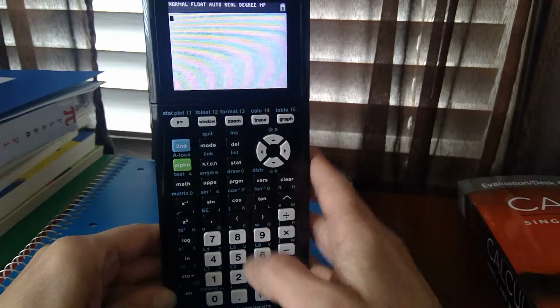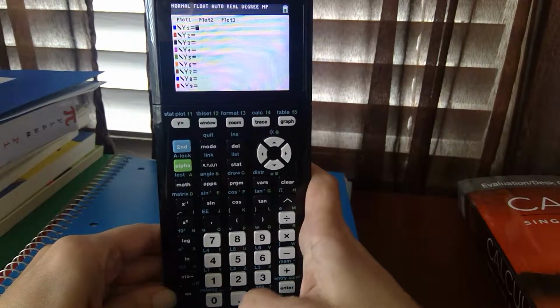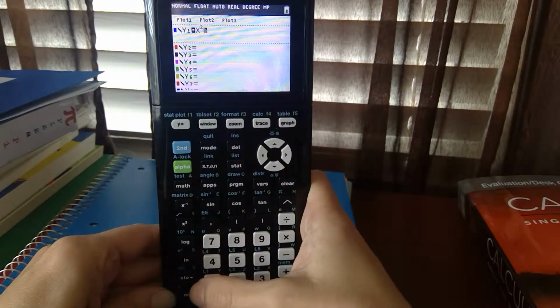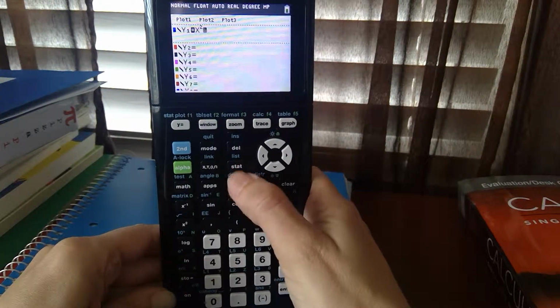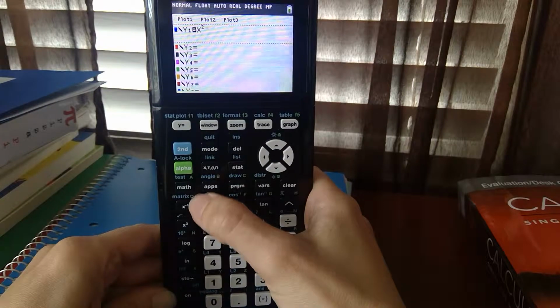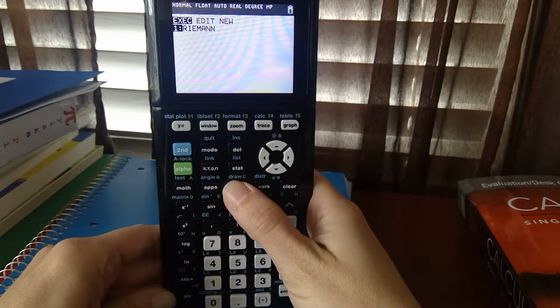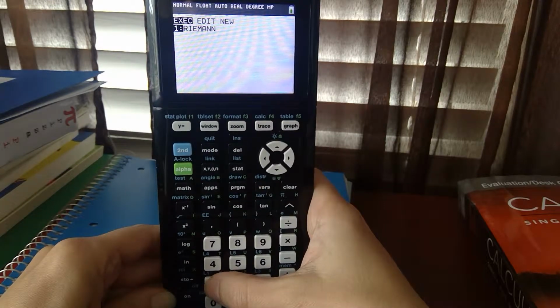Okay, so let's see how we use the area or Riemann sums program. We're going to put our function into y equals as if we were to graph it. So y equals x squared is the one I'm interested in. I want the area of that, let's say from 0 to 1. I'll press program, and then Riemann is the first program, so I'm going to push 1,